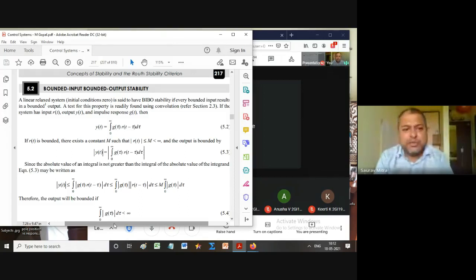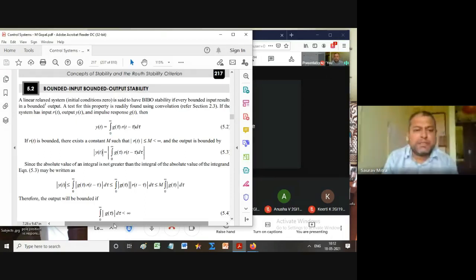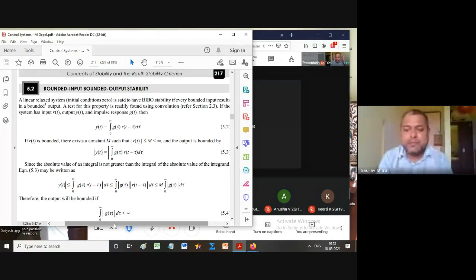So a linear system with initial condition 0, because that is the basic criterion for transfer function based modeling, is said to have BIBO stability. BIBO stability means bounded input, bounded output. Now I'll tell you what is meant by bounded. Bounded means whenever a signal is given or system response is given, we have to see the x-axis, y-axis, and that graph. The area between them is actually finite. If you are talking about an exponentially decreasing kind of graph, you will find the y-axis, x-axis and that exponentially decreasing graph. The area between them is a confined area, so that is called a bounded area. So if some system is producing that kind of a bounded area, we call that system stable.